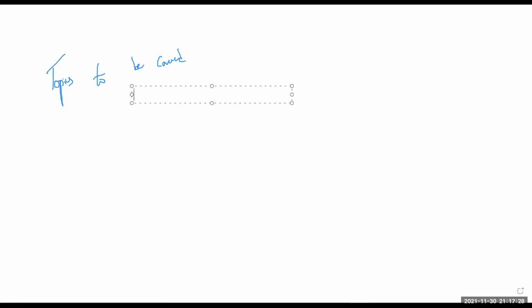Using a text box. Okay, so today's topics to be covered. Yesterday we saw how the data types are and what changes you can make with respect to data types by using typecast and all these things, right? We also considered input from the user by using a method called input, which will be helpful for you people who are writing coding exams, in order to consider the inputs. And now today's agenda is going to be this.